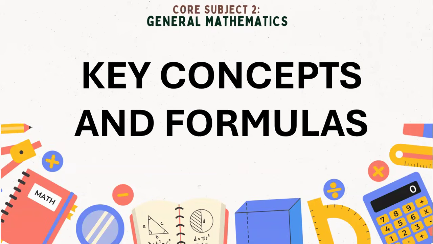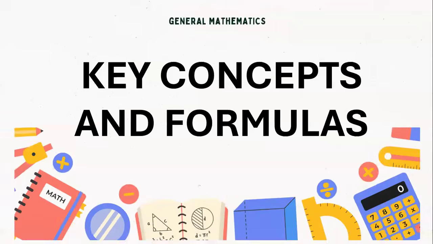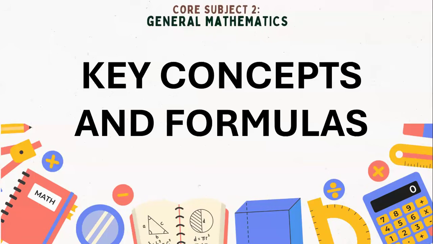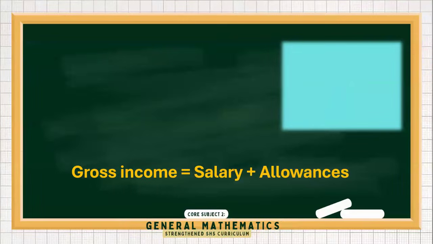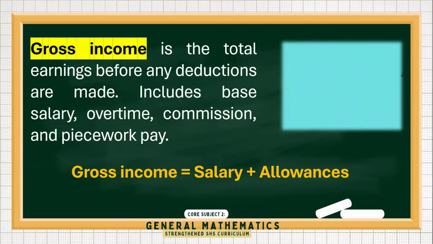So, have you ever thought about what happens when you start earning your own money? So you might expect to get the full amount written in your contract, but that's not always the case. So today we'll explore what actually goes into your salary and what gets taken out. So you could get your notebook, your calculators, and let's get ready to understand what your future payslip will really look like. So let's have the first one. So the gross income is your total earnings before deduction. So do not forget about that.